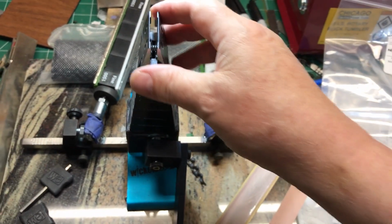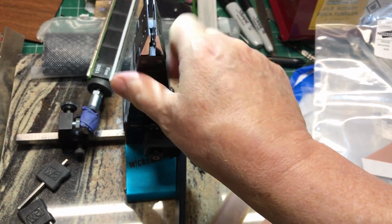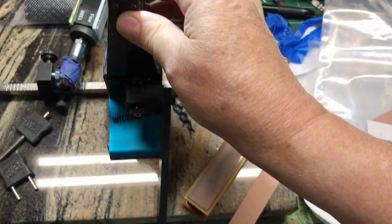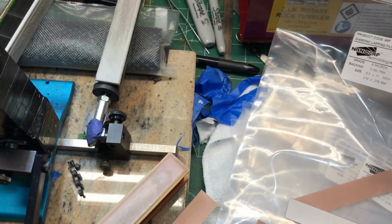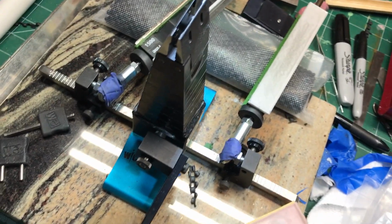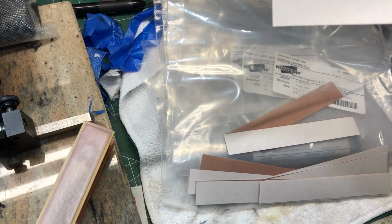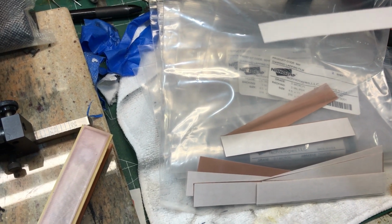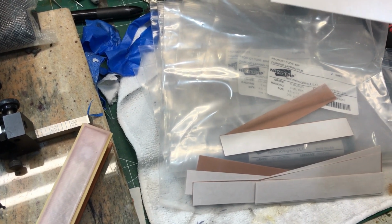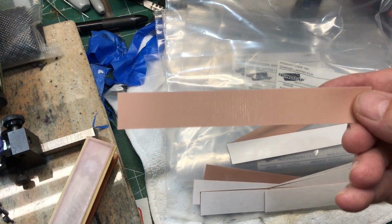I think it's an upgraded Pack 3 or something like that. In any case, these things come as 8.5 by 11 sheets, and these happen to be, I think they call it PSA. It's double back taped on the back. And what I did is I had